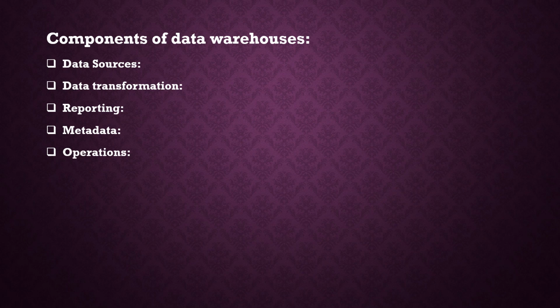Next one is metadata. So what do you mean by metadata? So far we know, from the previous sessions in our database management concepts, that metadata gives some explanation about the data. So what are the data that you are going to give to the system? One thing is we should also provide information about the data. Not only data, but information about data. That means data about data is called metadata. So it's very important to provide the metadata information to the data warehouse.